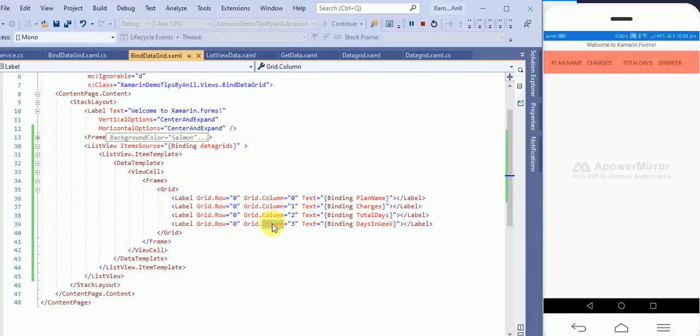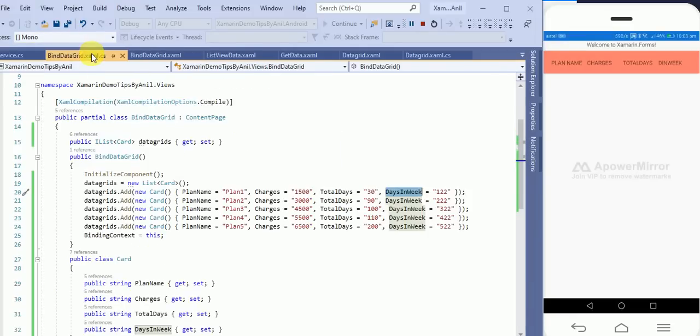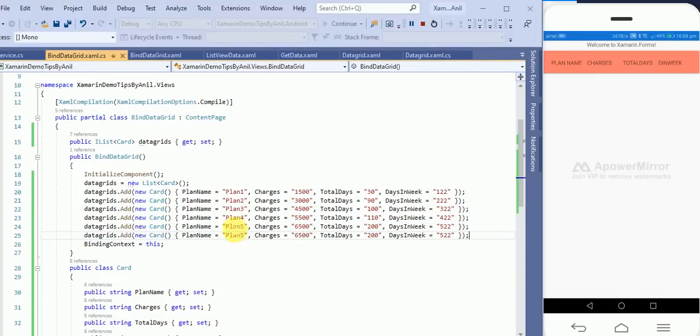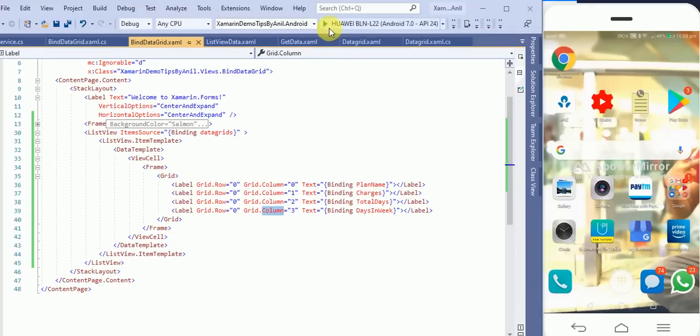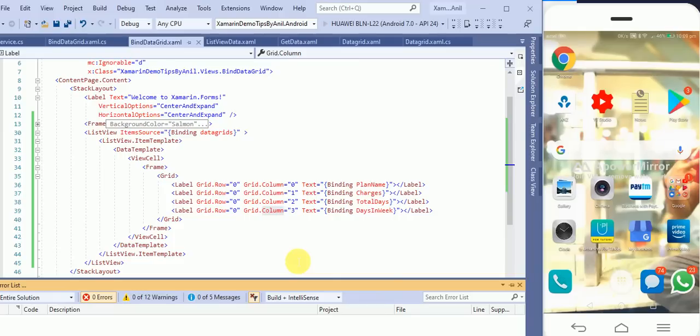So if we have 4 rows, or here also we can define one other row, like this, so this will be 6, 5. So here we will get 5 rows over here. So let me run it again.